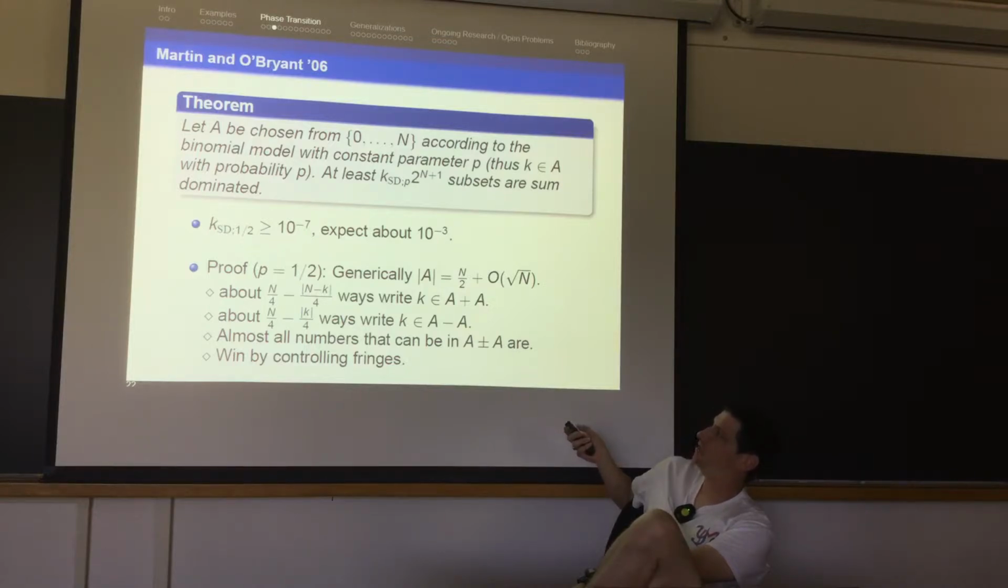You expect A to have about n over 2 elements with fluctuations of size square root of n. It's our square root cancellation theorem from before. It's nice that we keep seeing the same stuff again and again. So if I give you a number k, how many ways can you write it as a sum of 2